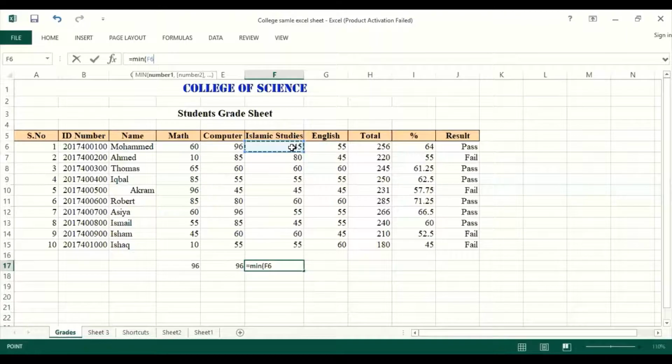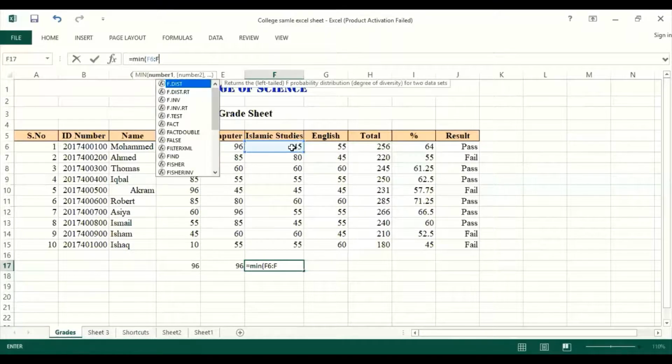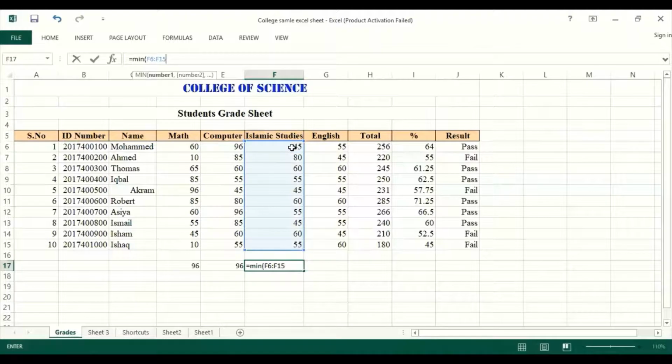And after that, you can write manually by yourself a colon sign and mention the last value. For example, the last value is F15. Then write the closing small bracket, and press enter key. So we will have the minimum value of the Islamic studies subject.